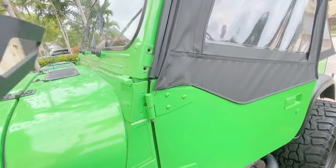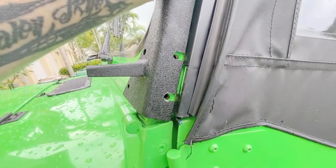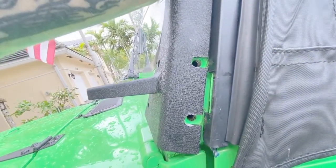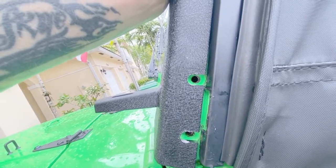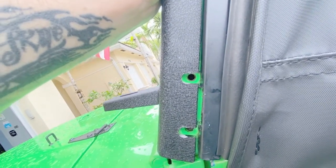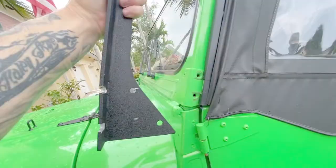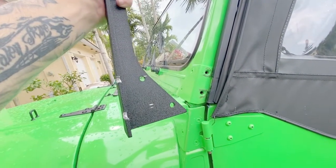Let me show you what I did with this bracket. Because of where these holes fall, I had to slot this bracket. If I didn't do it that way, the holes for the bolts would have been way too close to the edge and would have risked breaking through. You see when I have it straight on, you can see how close they were to the edge. Now I'm going to paint this so I don't have to worry about rust,